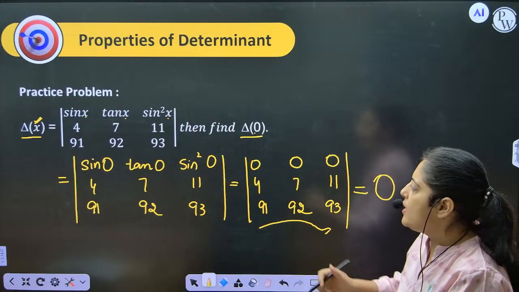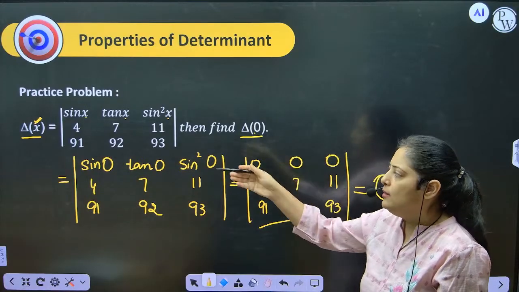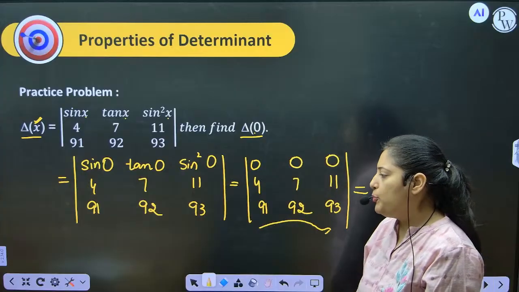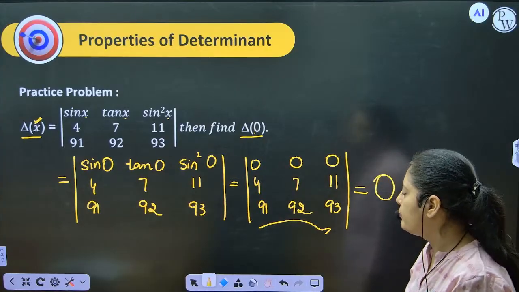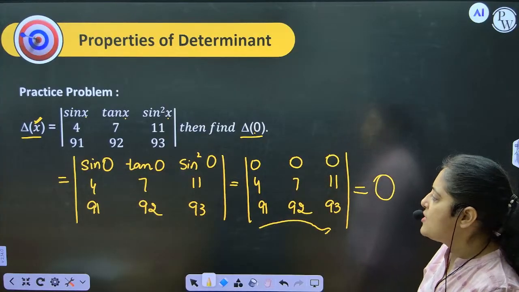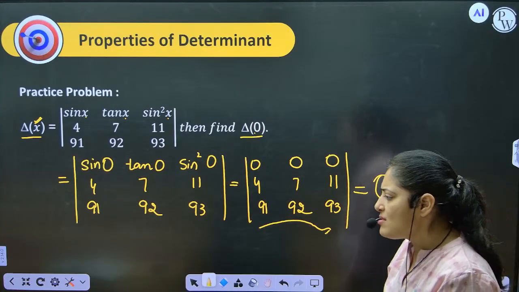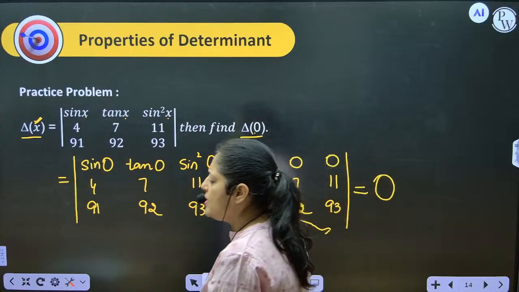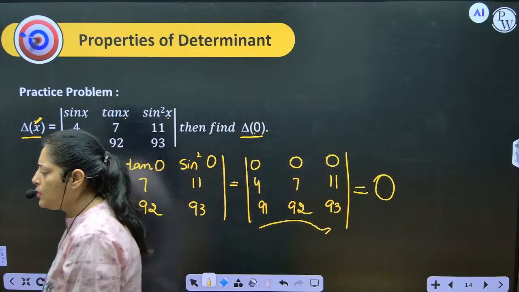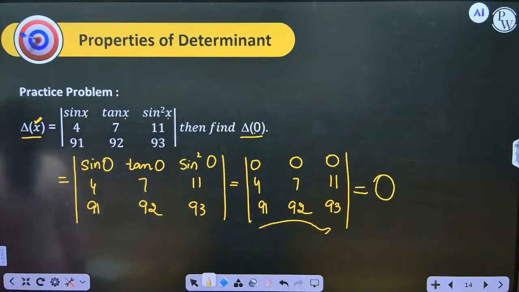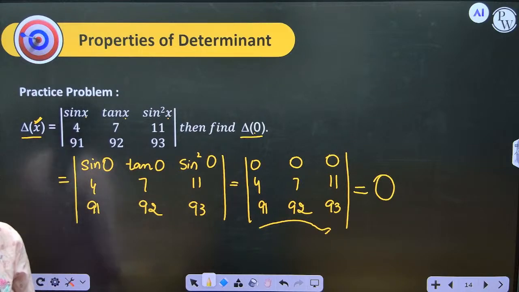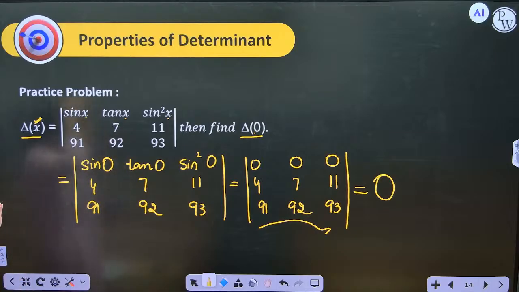If he'll ask for some other angle, that x value you have to put there also. Suppose they ask for pi by 2, pi, anything they can ask. It is not necessary that every time it will come out to be 0. It is not at all necessary. Just we have applied the property and we have got the answer. Quickly,